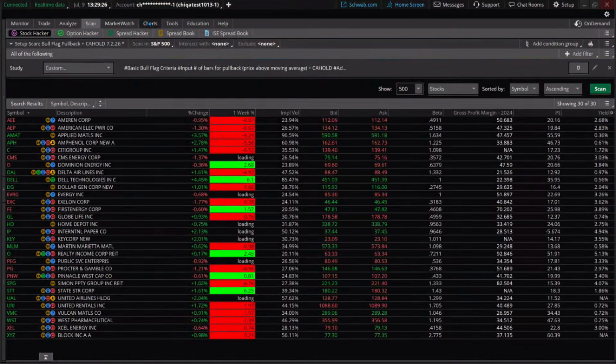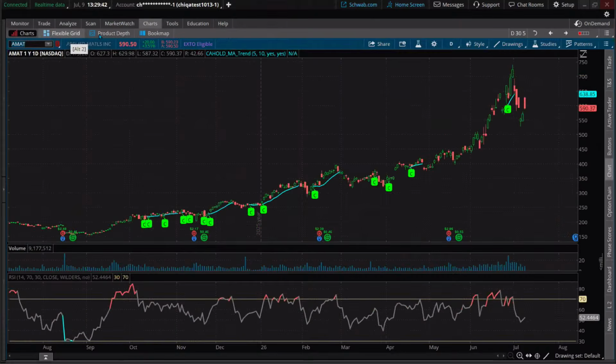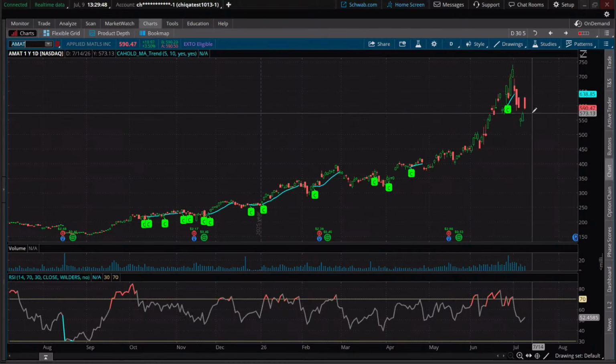Let's hit another one here. I still have to share that scan as well. What do we have? Ooh, AMAT. So some of the semiconductor names are in there too. Let's look at two completely different ones. AMAT, and there's your hold right there. I think after this bar we should be getting it. Oh, you know what's going on?